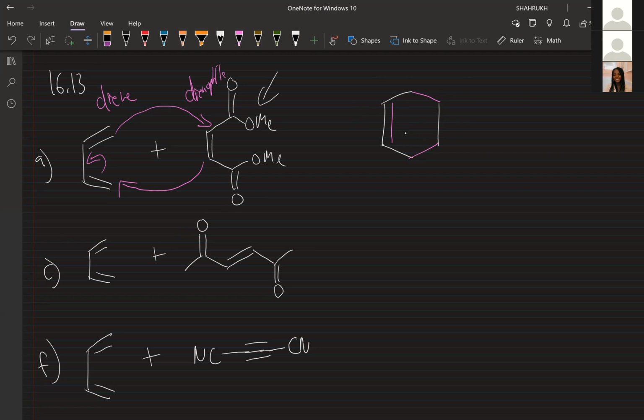Which one are you talking about? The one we're doing here, right? No, I'm just talking about the product. Anyways, so when you have the product here, when it's a cis alkene, or I guess Z alkene, the groups end up on the same side, right? So on the final product, they have to be facing the same direction. So you could draw wedges or dashes. It doesn't really matter in this case because it's not a bicyclic, right? I'm just gonna draw it like this. And in this case, the stereochemistry,